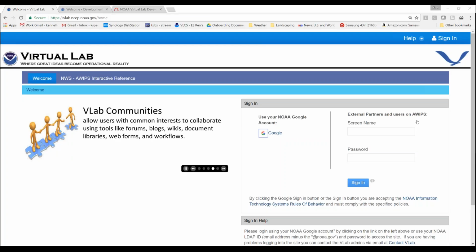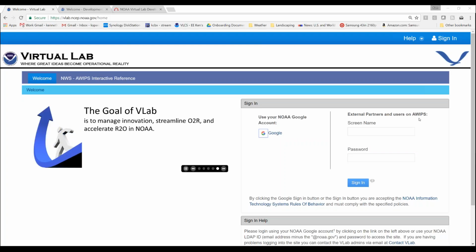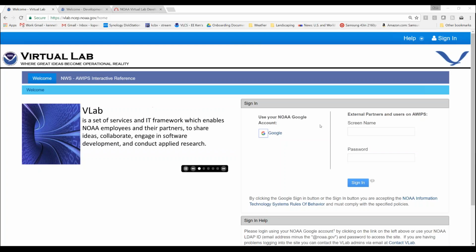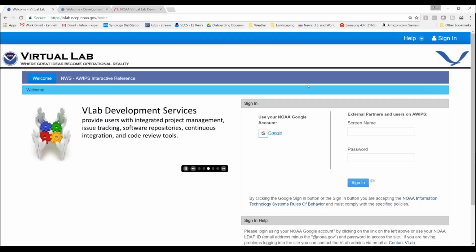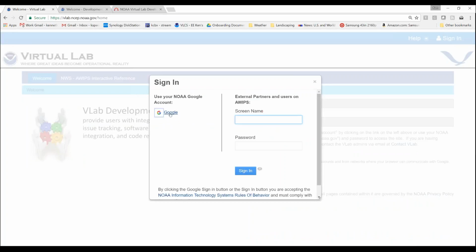And then lastly, as John mentioned in the presentation, the virtual lab is accessible to the AWIPS network from the workstations. Unfortunately, the single sign-on solution does not work from there because it requires API access out to Google, and so that's blocked. So you'll have to log in with your NOAA LDAP credentials here if you are working from an AWIPS workstation. But if you're not, you just come here and click on this. That will then sign you in, and